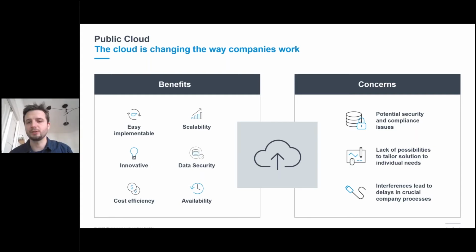Starting with the first point, an easy implementation. This point shows that the cloud is a pre-built solution already running, in this case on SAP servers, where you can choose between the services and functionalities you need or require. So this switches the complexity from implementing physical objects on-premise to developing the services on the cloud, which of course is the task of the cloud provider, in this case SAP. And you as a customer can then access the already